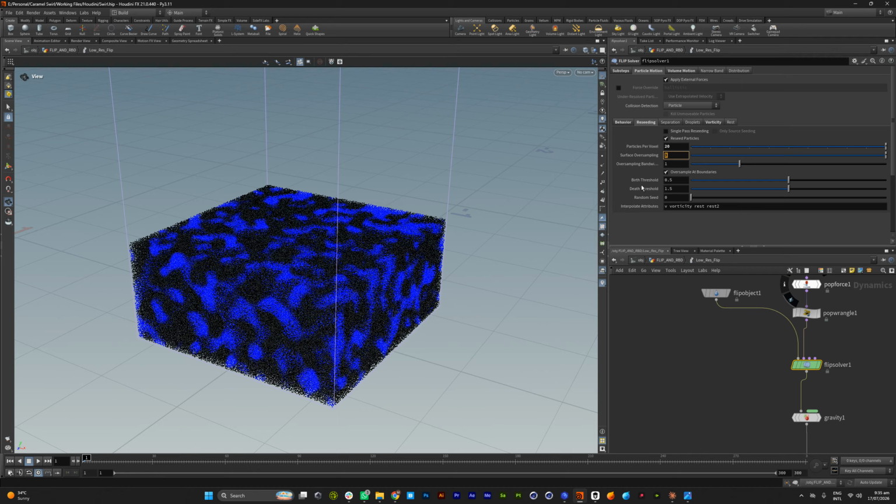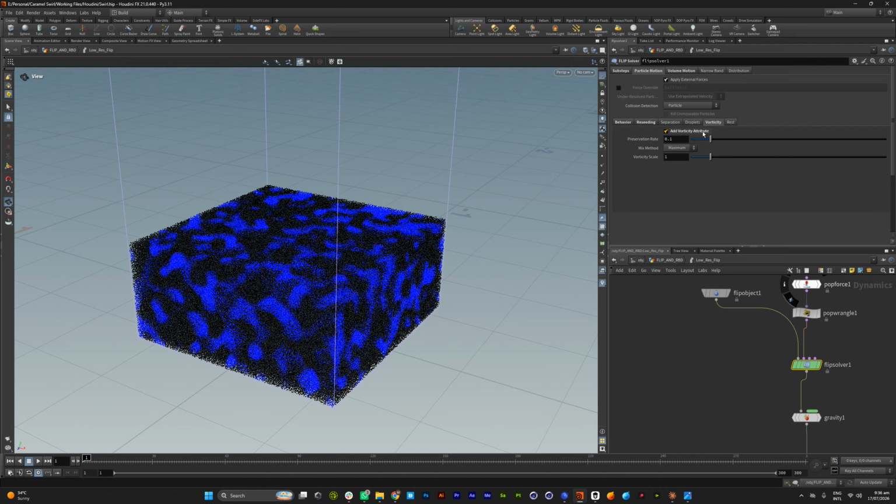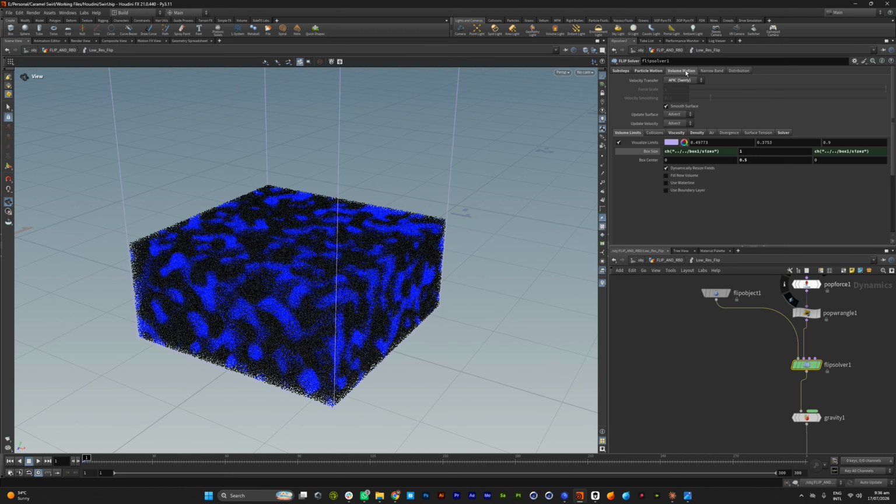Whatever, it's very scale dependent. It depends a lot on what's happening inside of your flip simulation, so I feel like this is something that you should improvise on a lot. I had vorticity on it, and that is about it. For the volume motion, I had my velocity transfer to apex swirly rather than flip splashy. I had viscosity turned on, and I had density by attribute turned on, so it can read the density that